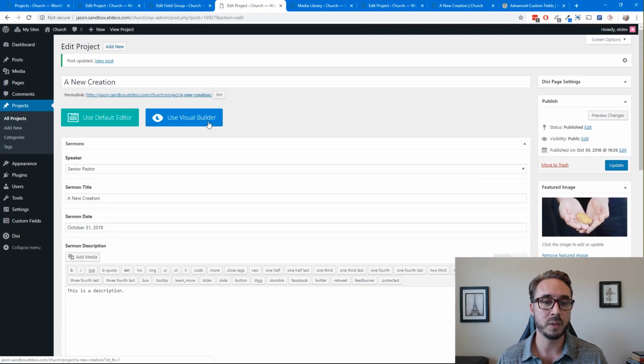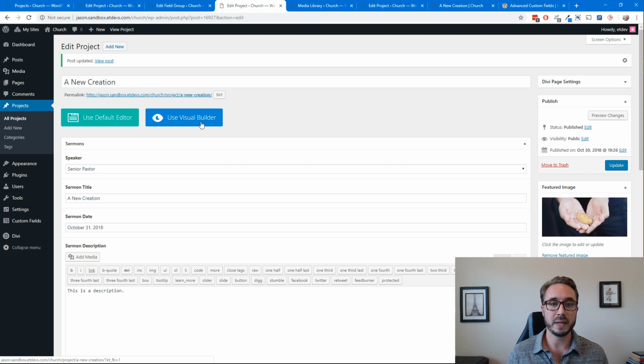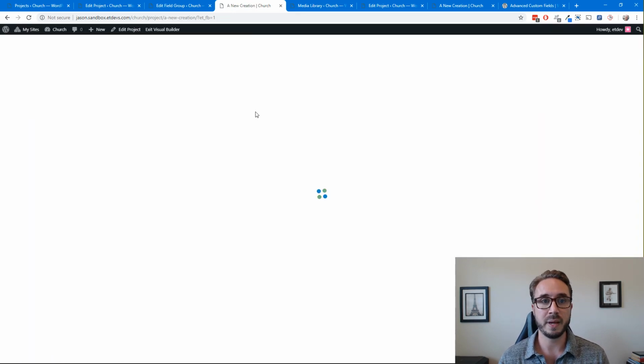To do that, I'm going to use the Visual Builder, just so you know, in case you were wondering. Currently, the dynamic content is only accessible from the Divi Builder. If you want a more backend builder friendly UI, you can just use the wireframe mode within the Visual Builder. But I'm just going to use the Visual Builder here,